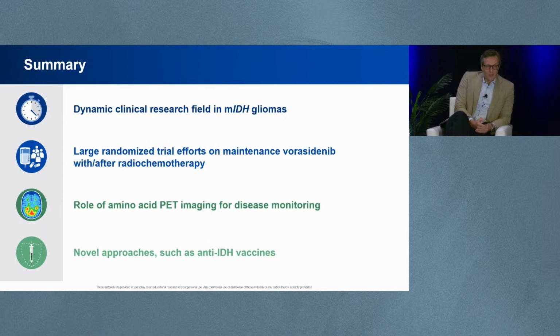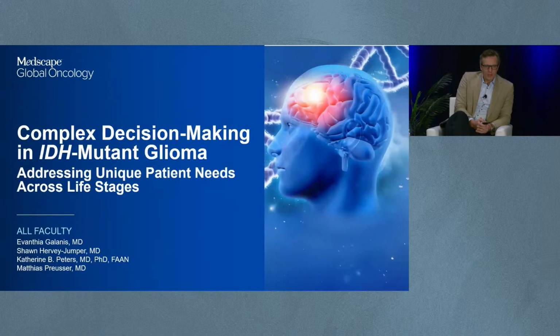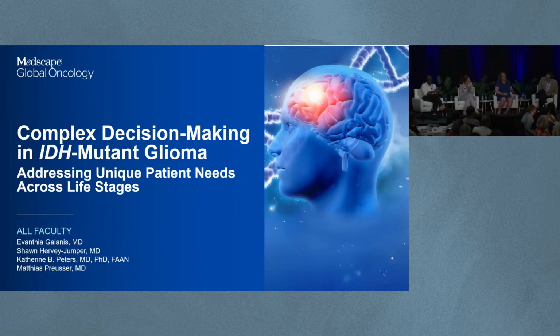So in summary, IDH-mutant gliomas and the optimal treatment is a very dynamic clinical research field with a lot of things going on, so very exciting, including large randomized trial efforts on investigating maintenance of vorasidenib with or after radiochemotherapy, the trial run by Alliance and the other by the ERTC. The role of amino acid PET imaging for disease monitoring is something I think we should really assess given the limitations of MRI. And there are a number of novel approaches such as IDH targeting vaccines and others. And with that, thank you for your attention, and I think we move on to the